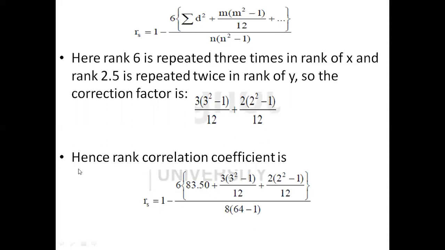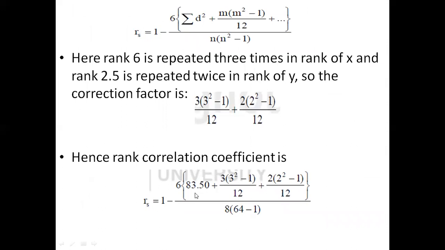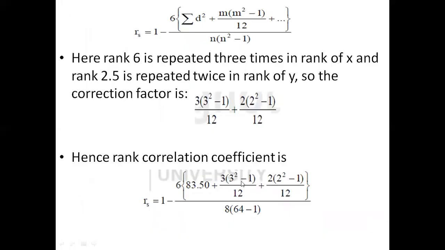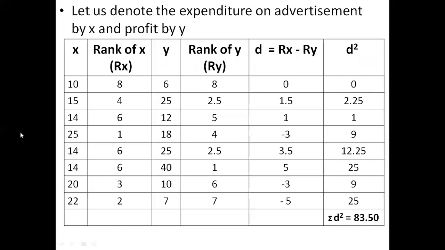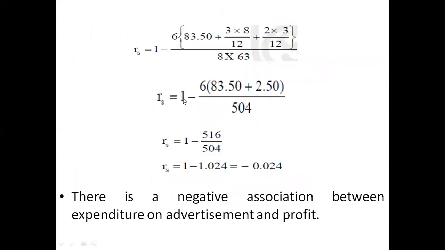Now after applying these values in the formula, we can easily calculate the rank correlation. 1 minus 6 in bracket we have sigma d square as we have calculated in the table itself, d square equal 83.50, we have inserted the same value, plus the number 14 which came 3 times, so 3 square minus 1 upon 12, plus the number 25 which came 2 times, so 2 square minus 1 upon 12, all upon n square minus 1. Here the number of items is 8, as you can count, these are 8 numbers, so the n value will be 8, in bracket 8 square minus 1.